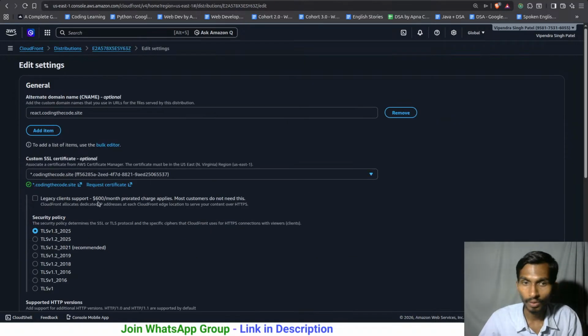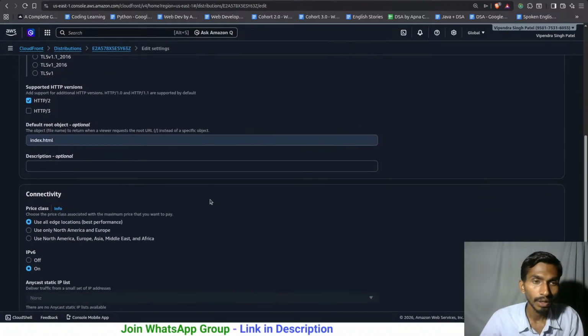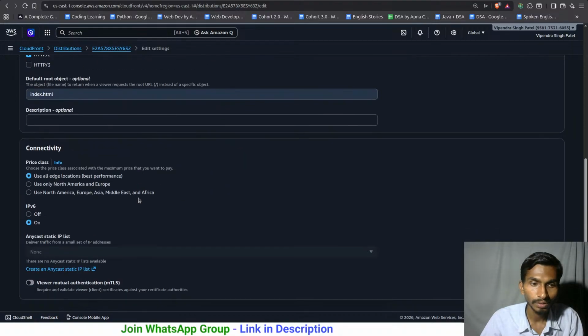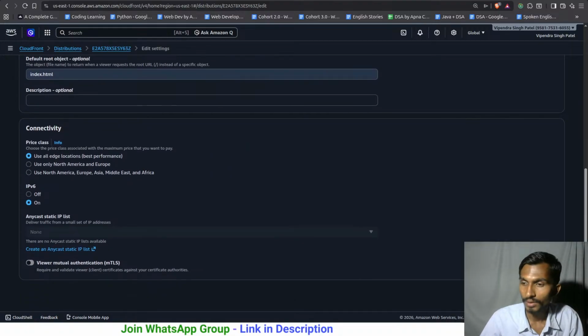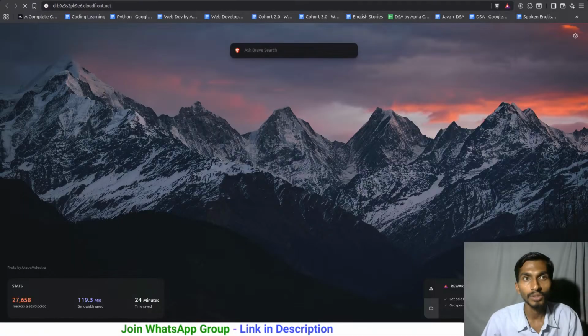I'm talking about the change of this file here. So the default root should be index.html and this is the certificate that I'm actually using. Let's save the changes here. And once the changes are saved, if I copy this distribution domain name, if I paste it here, it will directly,